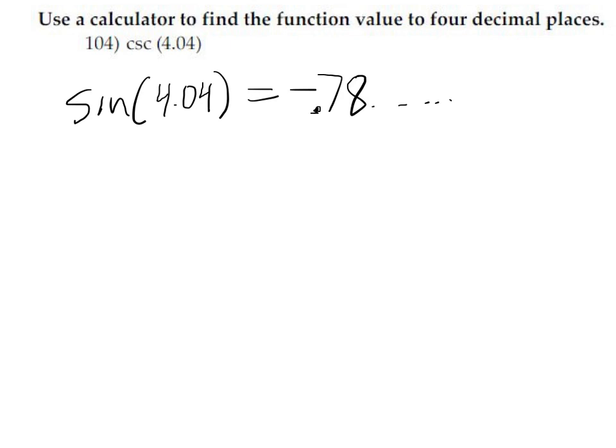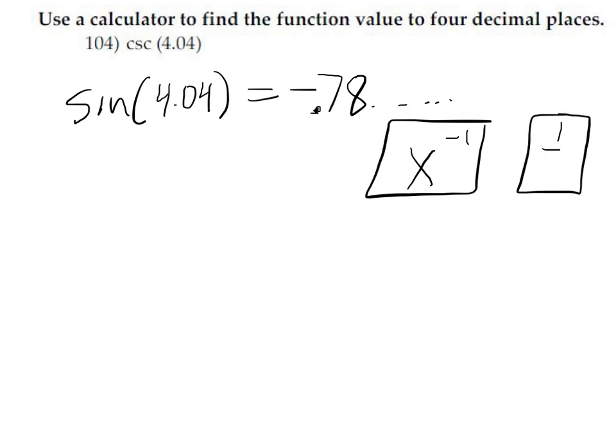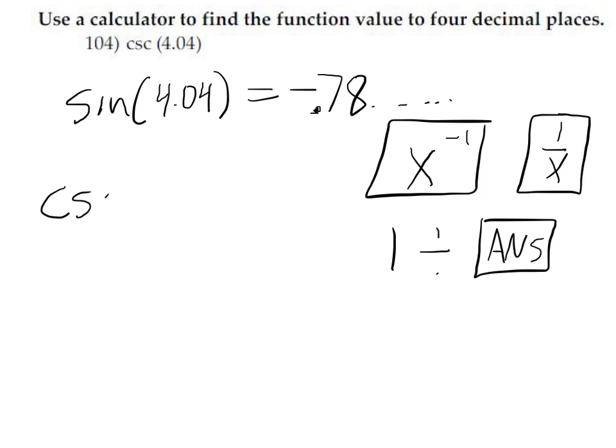Now to get cosecant, you need to flip this. If you look at your calculator, you might have an x to the negative 1 button, or you might have a 1 over x button, or you can just do 1 divided by, and you might have an answer button. Any of these will flip your answer. When you flip your answer, you'll get cosecant. And when I flip negative 0.78, etc., I get negative